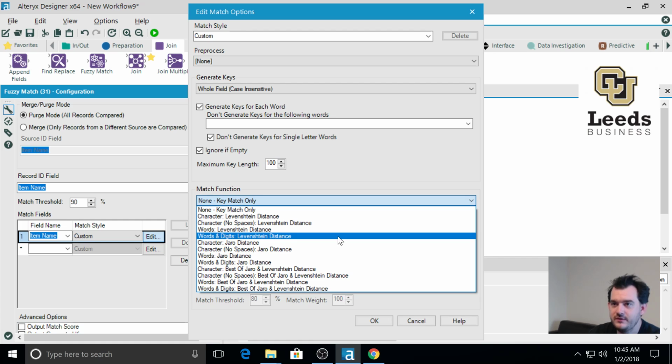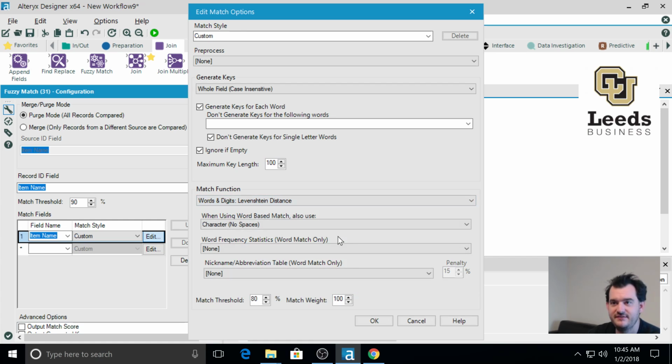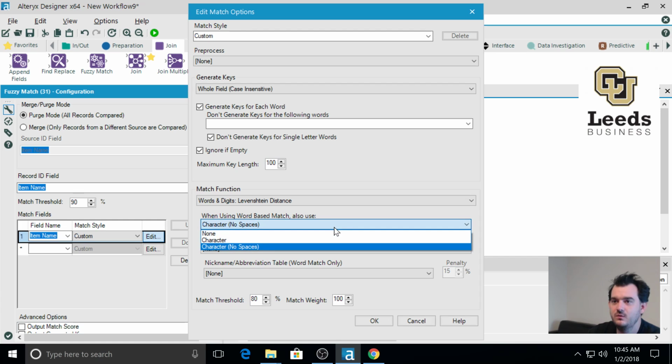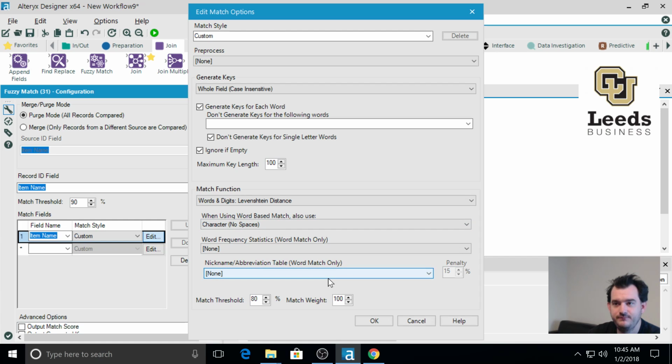For this, we are going to select words and digits, Levenshtein distance. And we are going to leave, when using word-based match, also use characters, no spaces. Leave the others at none, and increase the match threshold to 90%. These are based on the instructions given to us in the chapter. In truth, you're going to want to play around with these if you ever have to do something like this. So I will click OK,